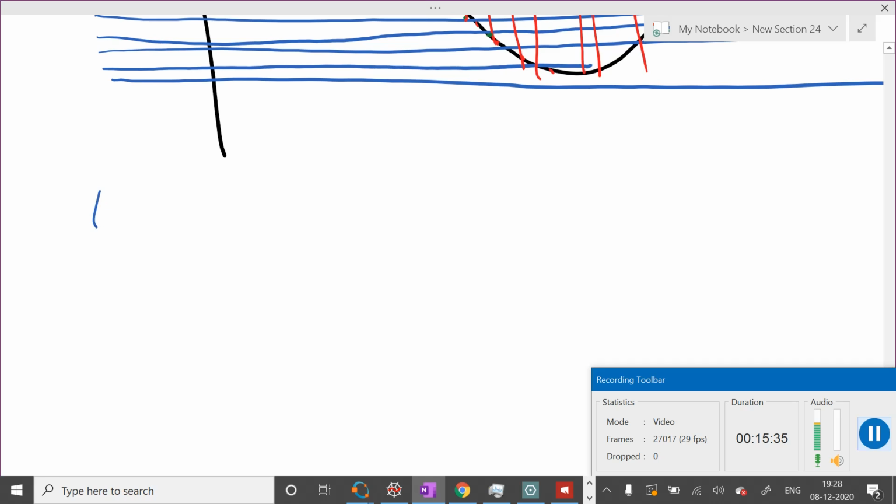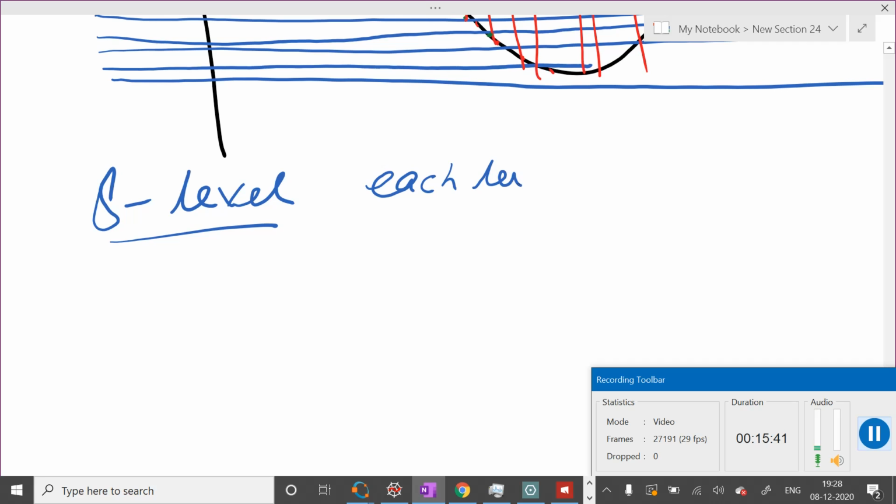And suppose you take the 8 level case, each level can be assigned